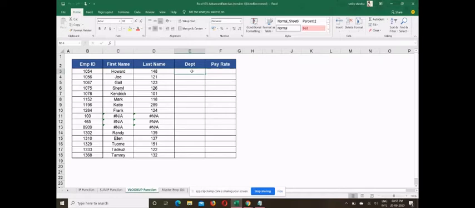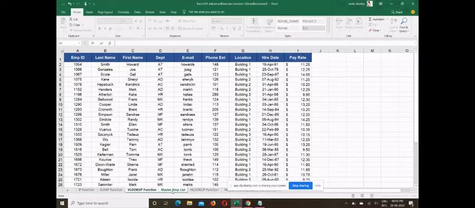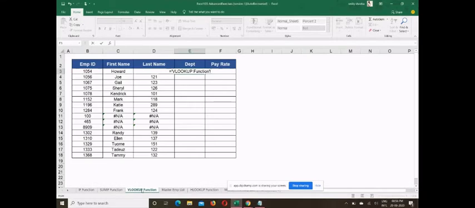Let's do it. Is equal to. First thing, we have to find what is common between both sheets. Employee ID is common, and last name is common, I think. Sorry, first name is common.